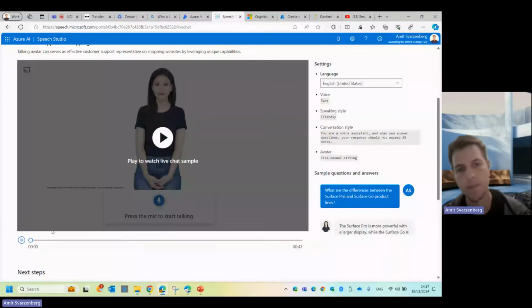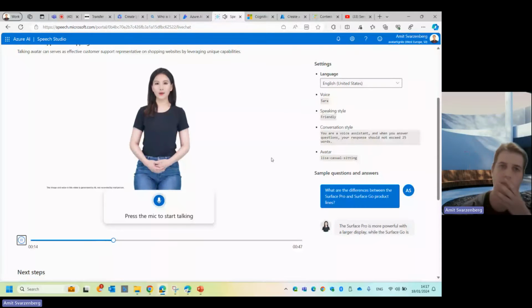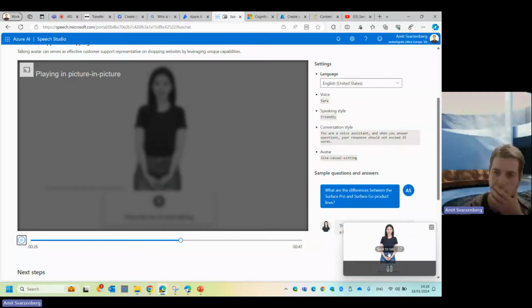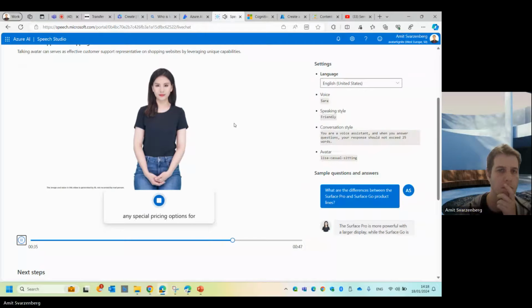What are the differences between the Surface Pro and Surface Go product lines? The Surface Pro is more powerful with a larger display, while the Surface Go is smaller, more portable, and has a lower price point. Which one best suits students? The Surface Go is best suited for students because of its portability and affordability. Any special pricing options for students? Yes, Microsoft offers special discounts and pricing for students and educators on the Surface Go and other devices through their